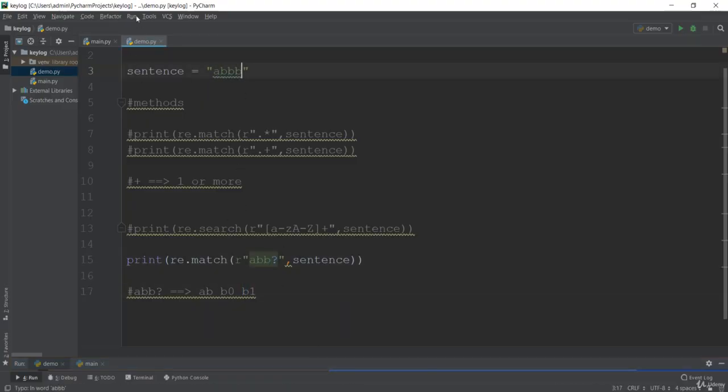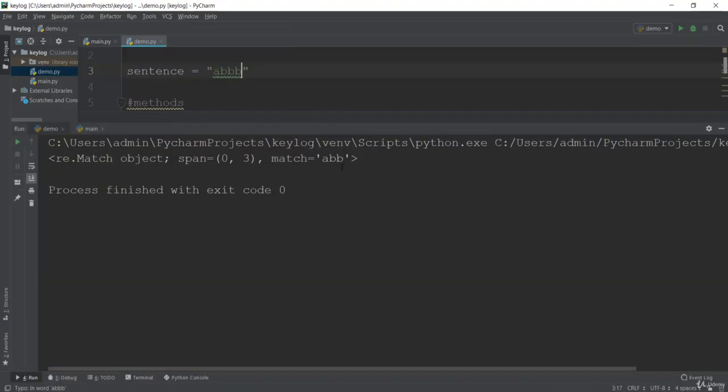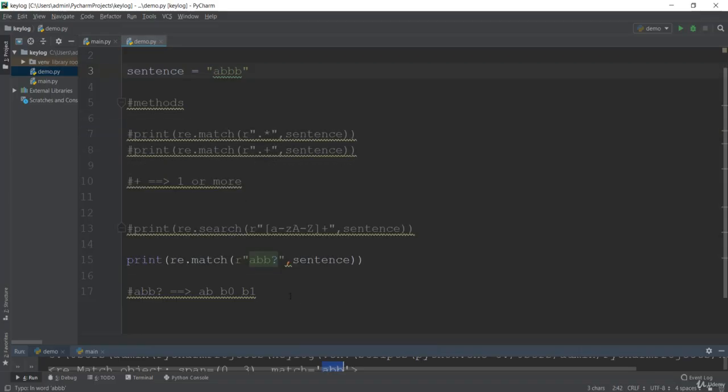Let's see if this works or not. Obviously this is going to work because there is a B, and if you add another B, that is going to do nothing with this pattern, since it is basically covered by the pattern. And if you just do something like A and a question mark, that means you will have 1 A or 0 A. So this is the wildcard character of the question mark.